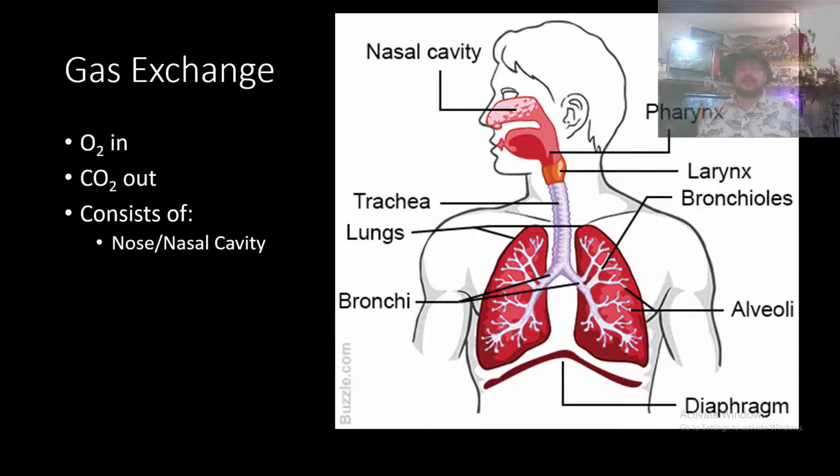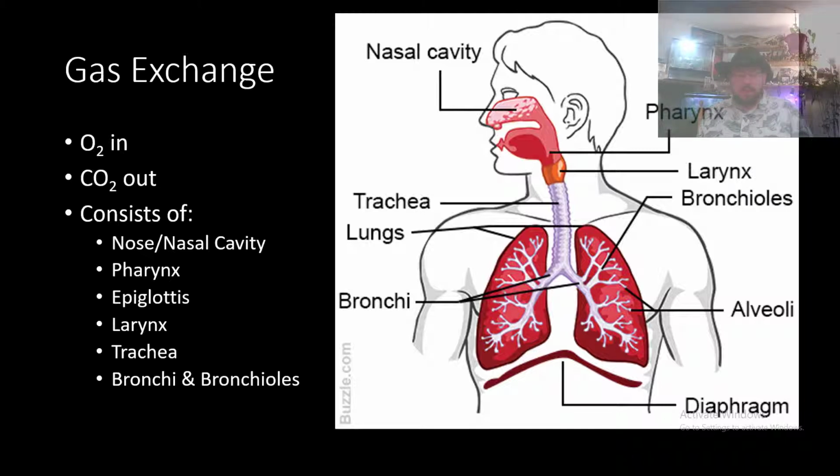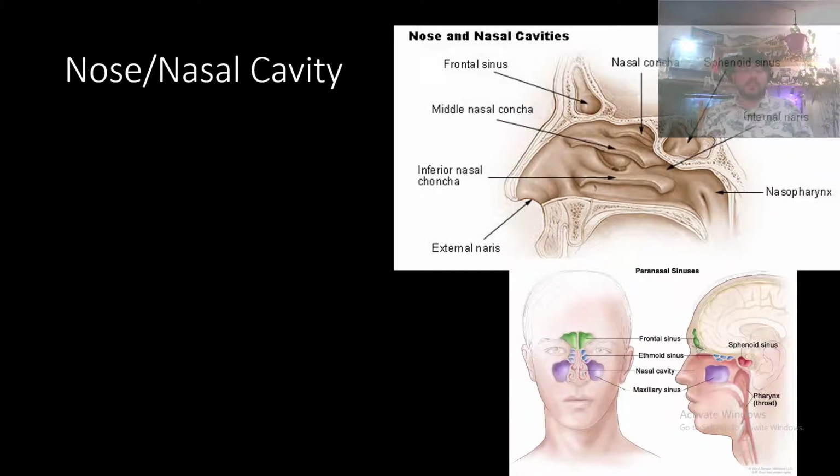It consists of the nose and nasal cavity, the pharynx, the epiglottis, the larynx, and the trachea, the bronchi and bronchioles, the lungs, and the alveoli. Alright, there we go. Not terrible. And we start